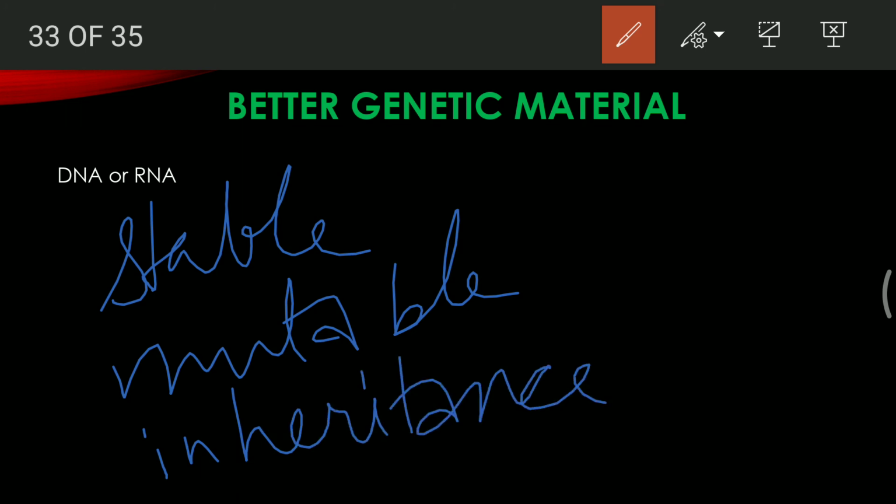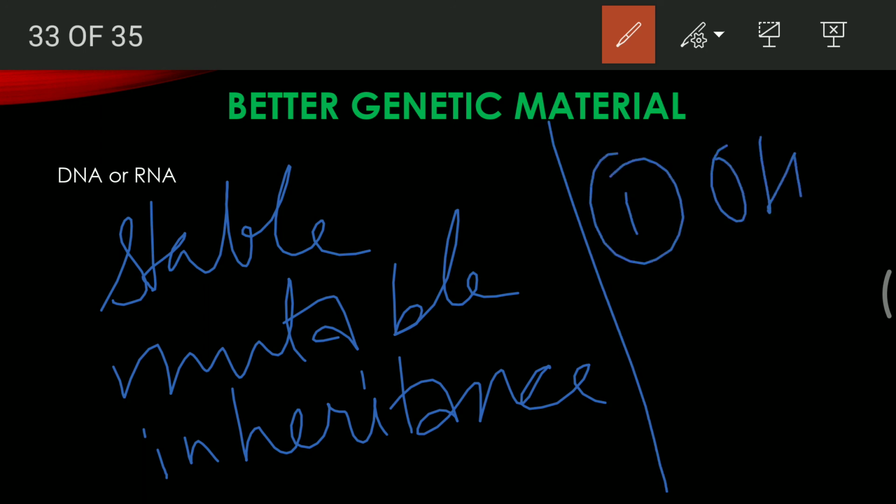If we compare DNA and RNA as a whole, on the basis of the structure, you can correlate two structural differences. One is the free hydroxyl group, which is present in RNA. In deoxyribose sugar, the second position of the sugar lacks the presence of OH, and that's why it is much more stable. DNA is much more stable than RNA, and RNA has the presence of OH in the second position, and it becomes less stable. It is much more reactive. That is about the kind of sugar.